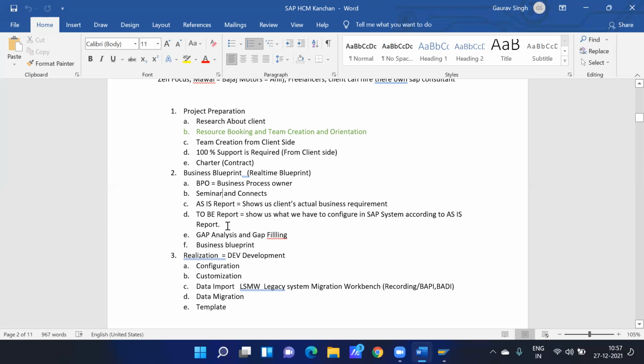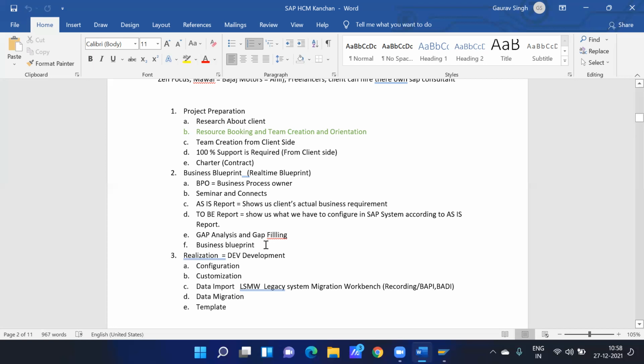Sometimes the client states a custom requirement, which is not available by default in the SAP system. Then we have to go to our ABAP consultant and basis consultant and consult with them on whether it is possible. Then we have to make some custom things for them, and we fill those gaps. After that we create one business blueprint and send it to the client. See, this is your business blueprint, and based on it we are going to do the configuration for you. If you want some changes, please tell us right now.